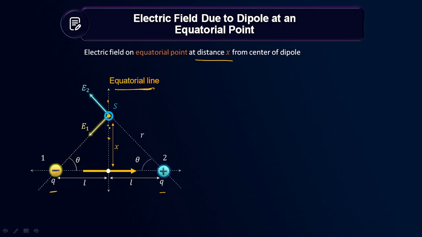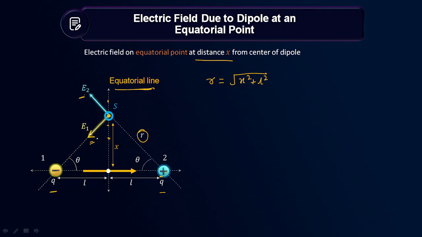So here now first of all, if I want to write electric field due to positive charge and negative charge, what I need is separation of this point from the charge, right? So from Pythagoras theorem, can I say that R will be equals to root under of x square plus L square, right? Now, can I say that magnitude of electric field due to both the charged particles will be same, E1 due to positive charge, E2 which is away from charge because positive charge is there, and due to negative charge towards the charge.